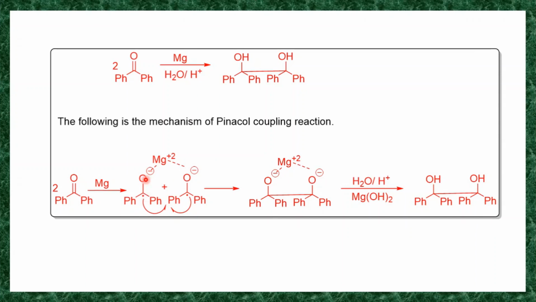Now this radical ion, so you will get two radical ions of benzophenone. Then these two radical ions of benzophenone undergo coupling. The reaction between these two molecules takes place, the molecules couple together, and you will get